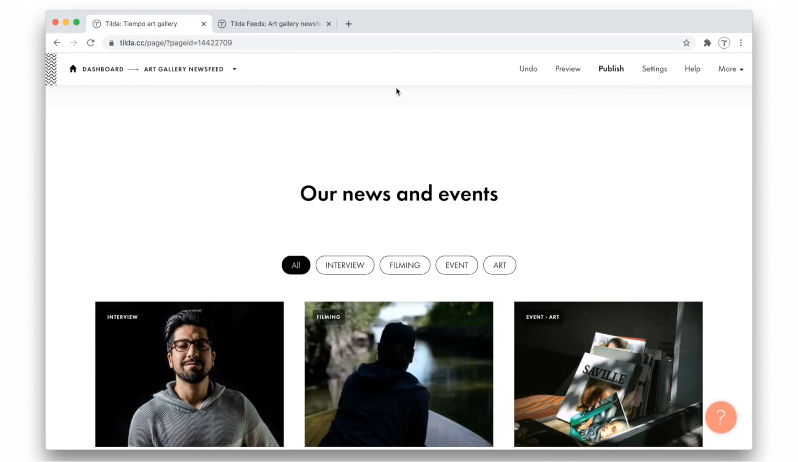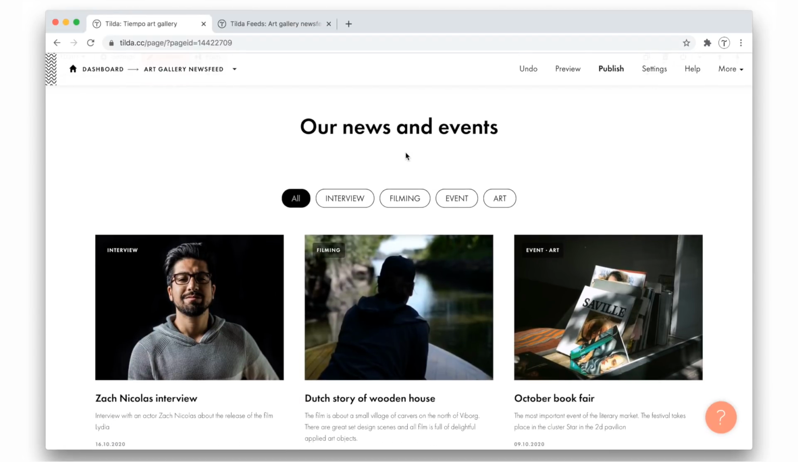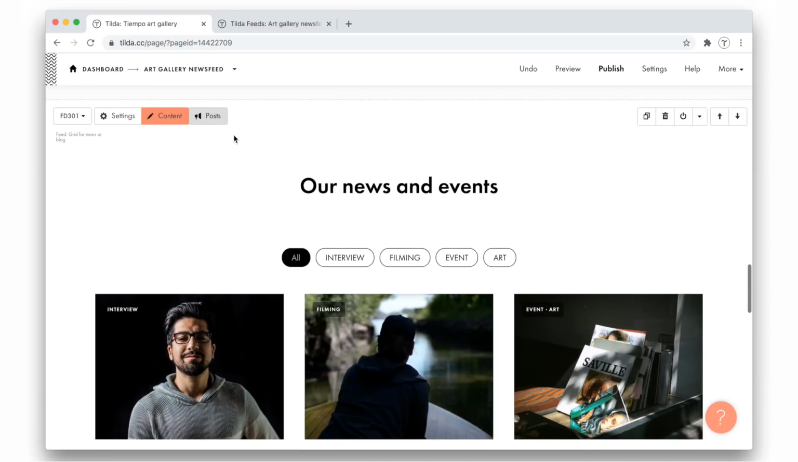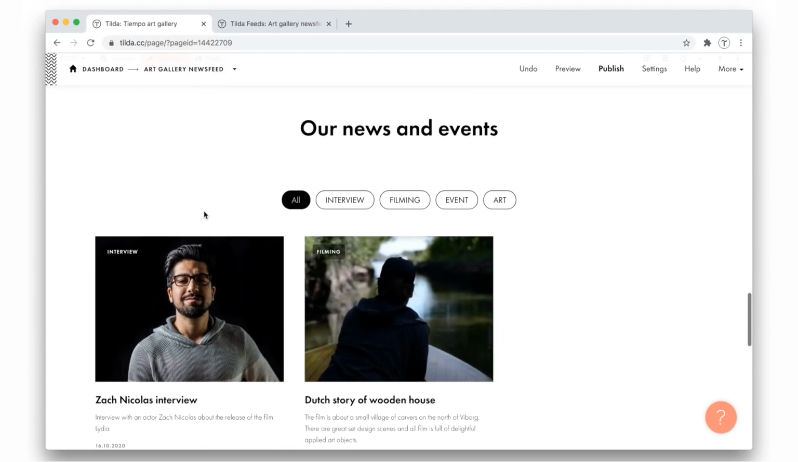Done. The thing is that I want to display only 2 latest posts on the main page, not all of them. I open the Settings panel. Under the Main Settings tab, there's an option Number of Items to show before Load More button. I type 2. Okay, now we only have 2 posts in the grid, but the grid is still set up